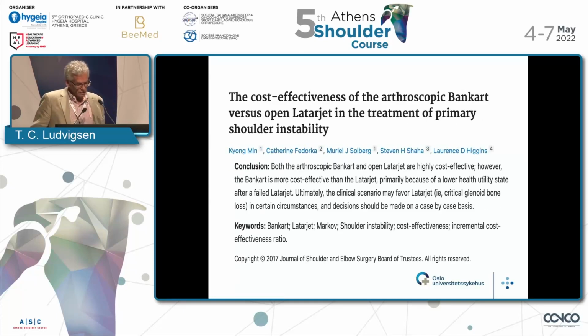This looked at the cost effectiveness of arthroscopic Bankart versus open Latarjet, and concludes that both procedures are very cost effective. However, the Bankart is more cost effective because a failed Latarjet has a much lower health utility status than a failed Bankart. So therefore they conclude that the cost effectiveness of Bankart is higher than the cost effectiveness of the